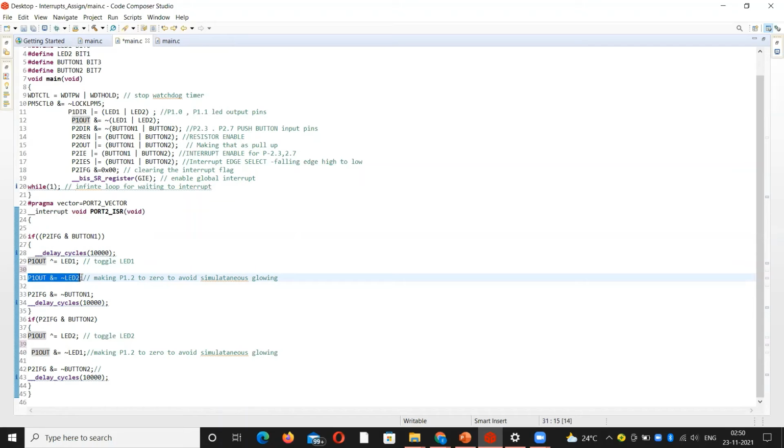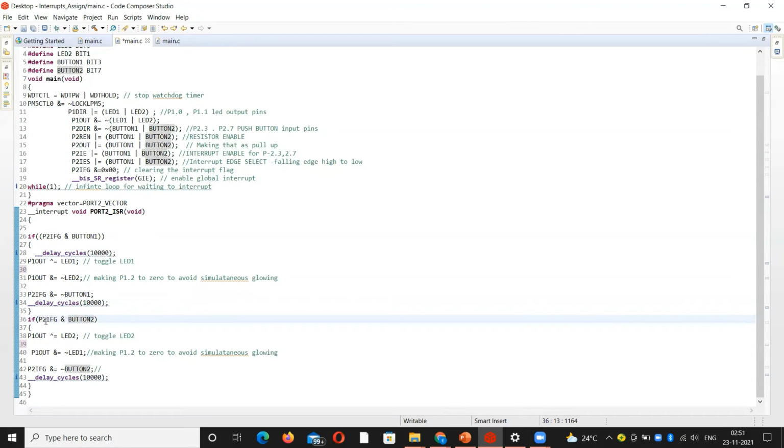We set the P1.1 LED to 0, and again, just to add here, whenever that particular interrupt is served, we need to clear that flag after saying what needs to be done.